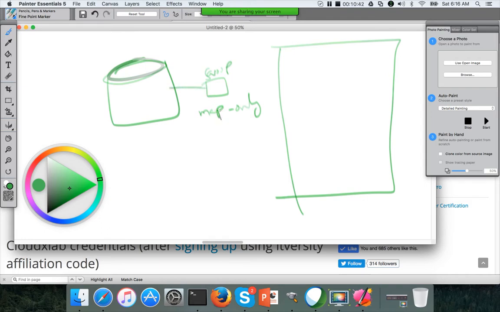So the map function will connect to the source database, issue a select query, get the data, and write into HDFS. We have the HDFS cluster here, and it will be written into HDFS.